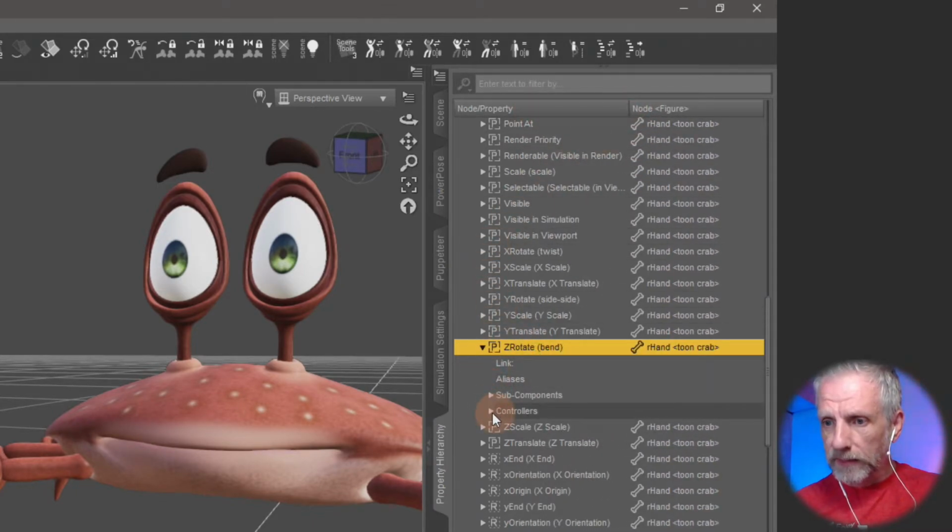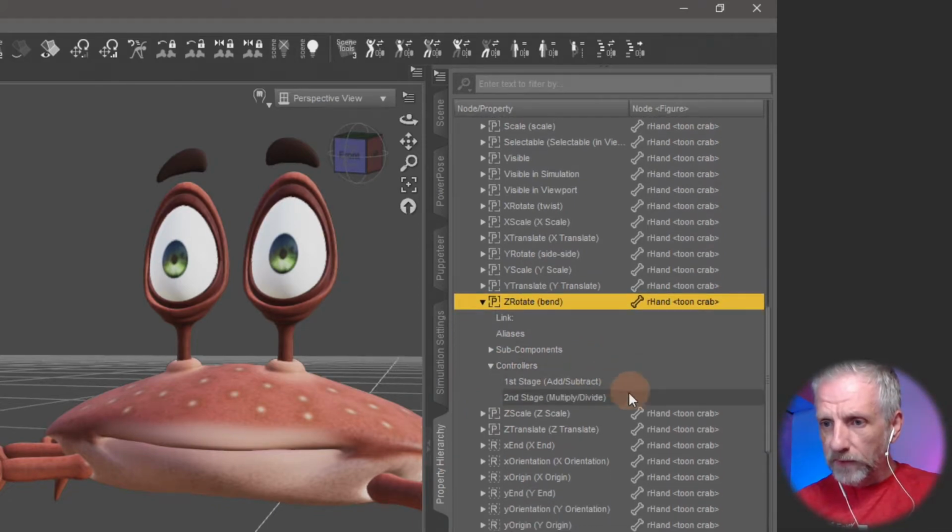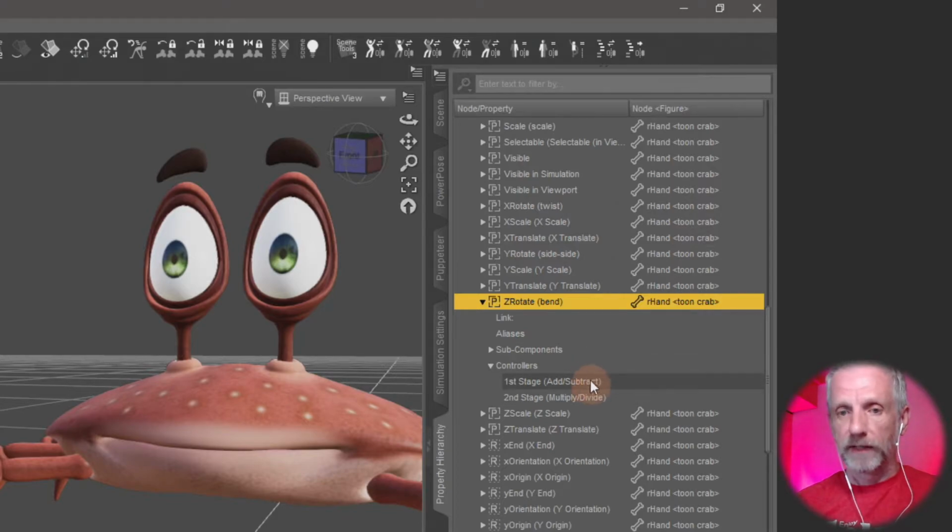Link assets, we need the controllers here. First stage add, subtract, and second stage multiply, divide. So we don't actually have anything in there at the moment. And how do I do that again? I think